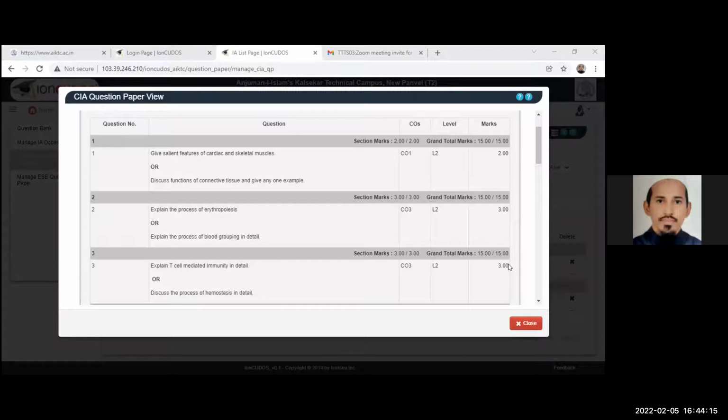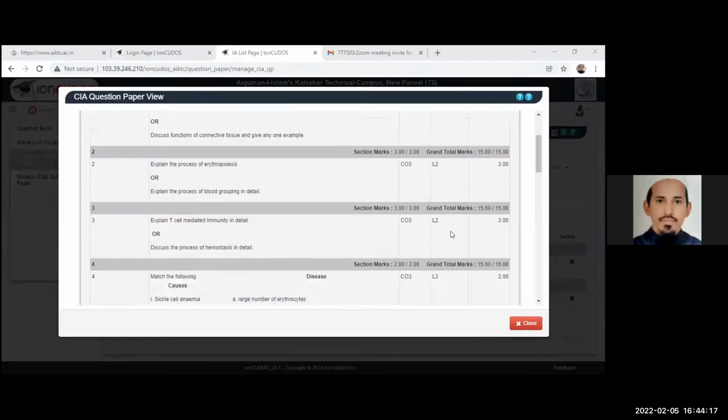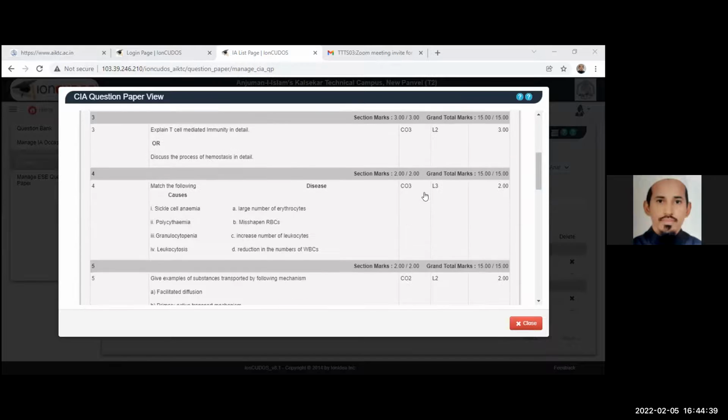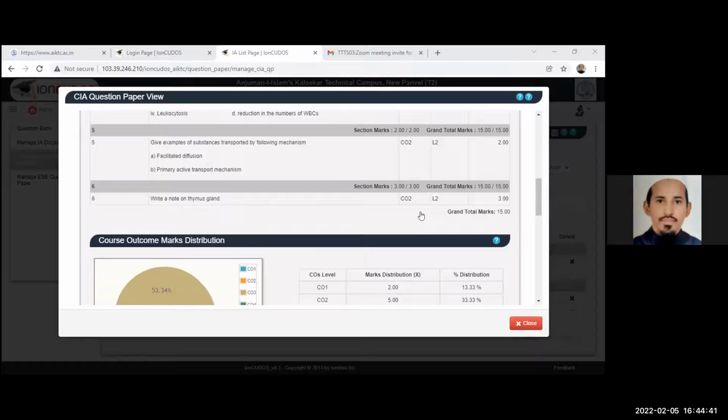Total should be 15, and try to map all COs, like in sessional 1 and sessional 2. If you are having 6 COs, you have to frame the questions in such a way that all COs are mapped either in sessional 1 or sessional 2. In that way you have to decide the questions.